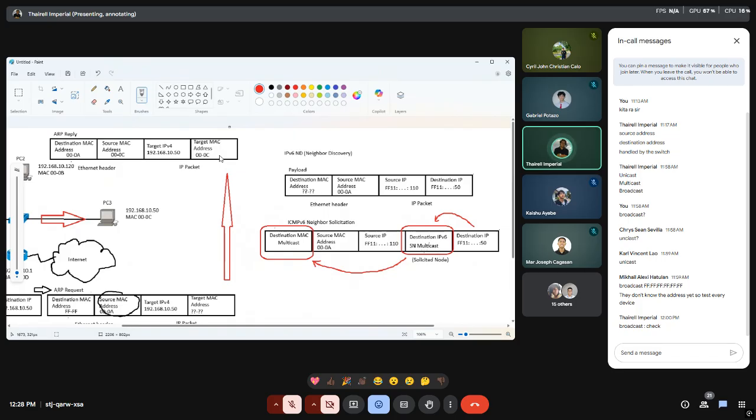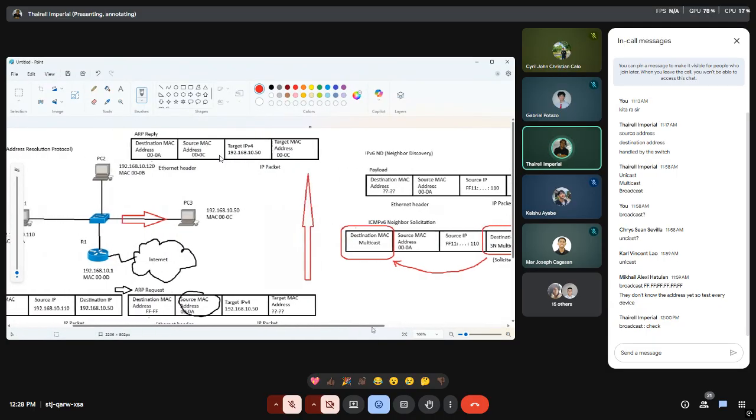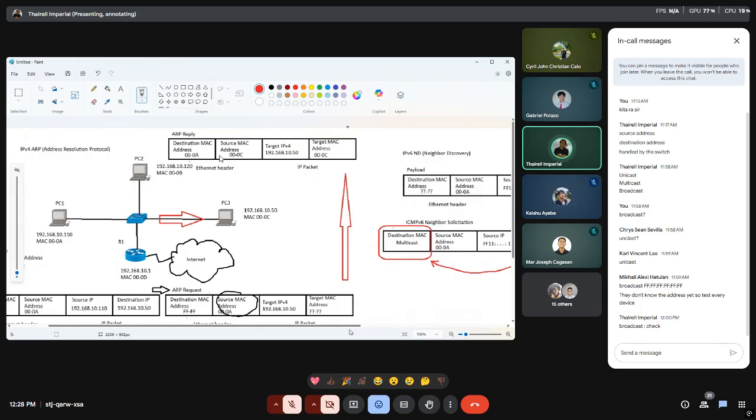Okay, why is this here needed, or why are these particular fields in this packet request important? Okay, remember that part on the ARP. So this packet will now be sent to all the devices, right? So it will be flooded to PC number 2. It will be flooded to our router and towards our intended device, right? What happens here is that the moment that this packet, this ICMPv6 neighbor solicitation reaches, let's say for instance, PC number 2,